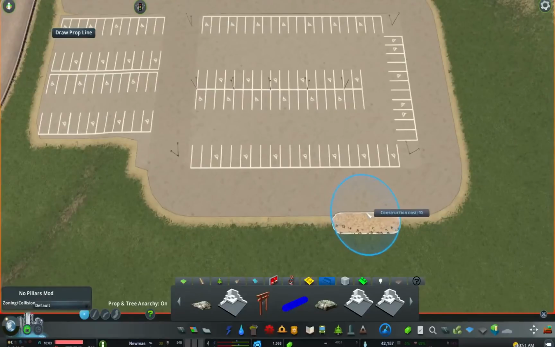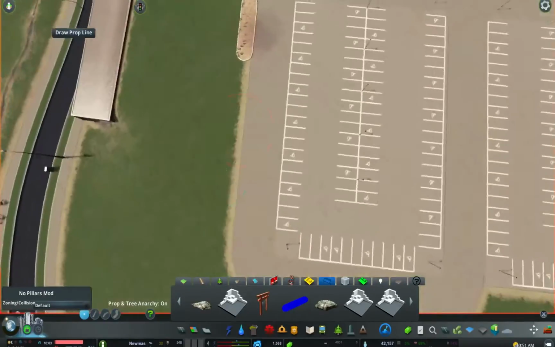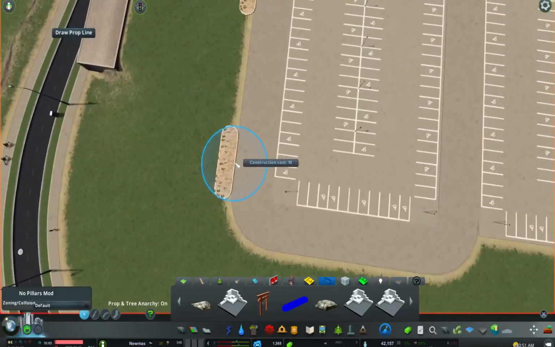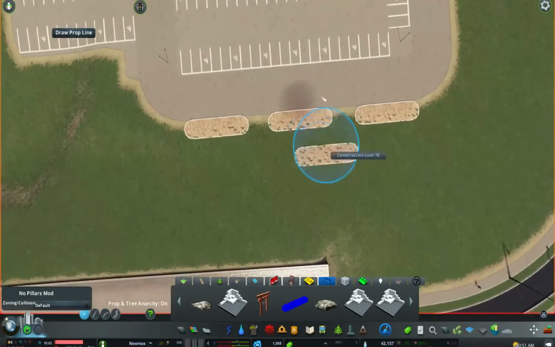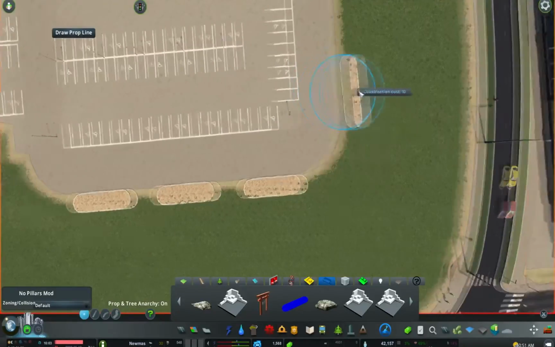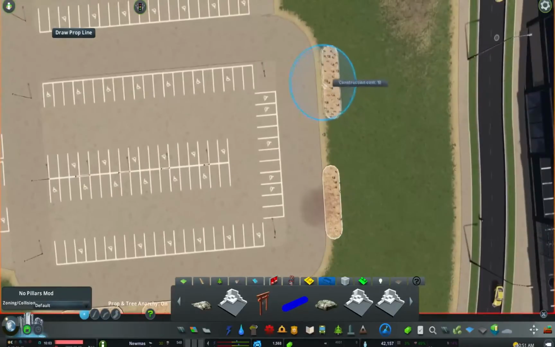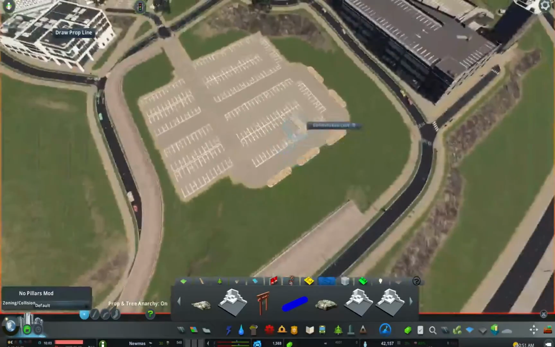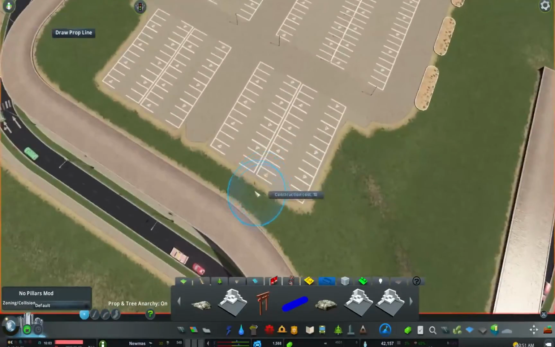put these, maybe one there and another one here, and then maybe sort of one in the middle like that, and we could maybe even have paths that kind of come through there as well. And then we'll do the same with this one here, so one there and one there, and probably have